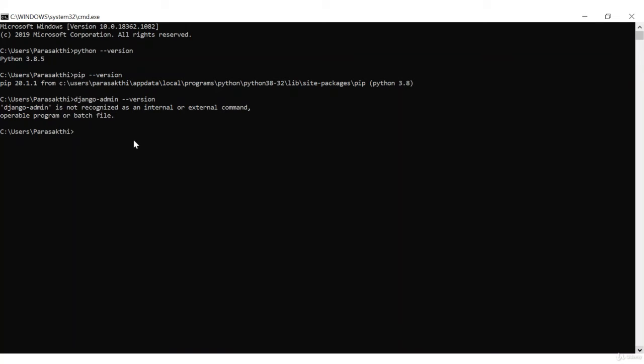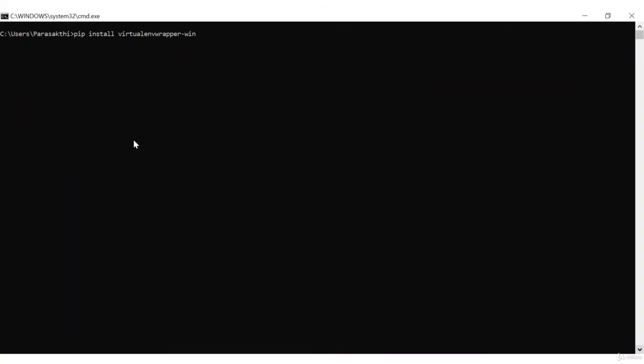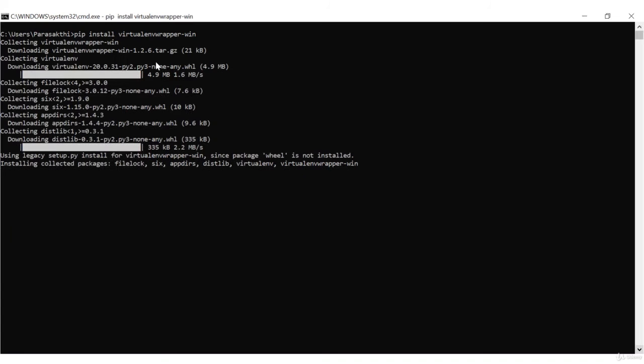It's always good to create a virtual environment and then work on that particular Python interpreter. What you need to do is install something called virtualenvwrapper-win. This is for Windows. You can run pip install virtualenvwrapper-win, which will install the package.